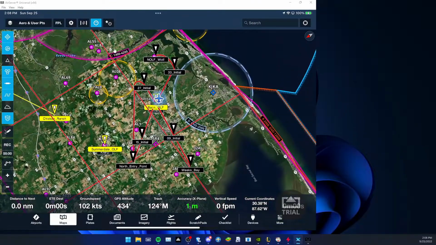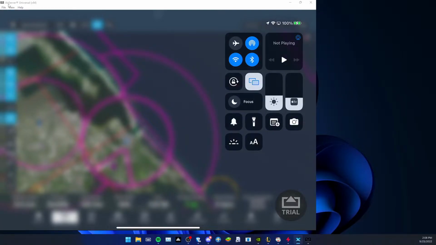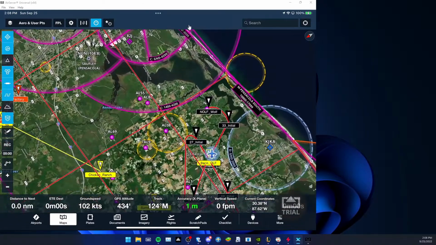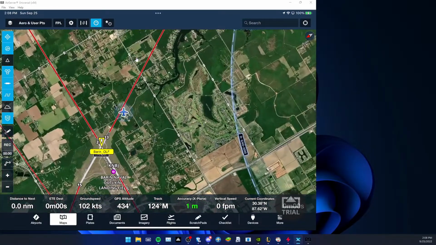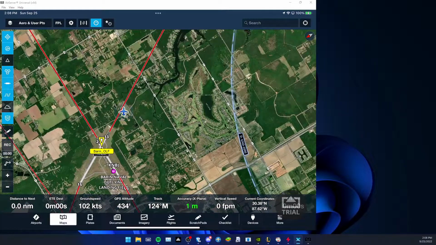So the program I'm using, so first, set up your X-Plane, go into your ForeFlight, configure the device to sync up the data. Next, to get it onto your computer and into your headset, you're going to want to look up this thing called AirServer. It's literally just an AirDrop, and then you're going to bring it down, go into your AirDrop, select your computer, and it'll mirror into your second monitor. If you do have a Reverb or a way to mirror that second image into your headset, you can literally track your plane, watch your plane as if you're flying in real life, the flight path, you can see everything on the bottom,